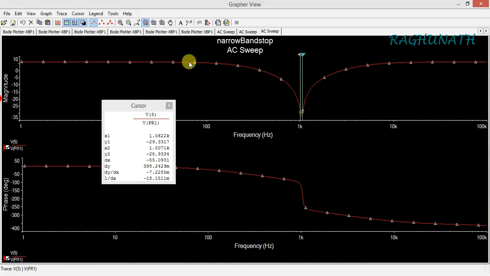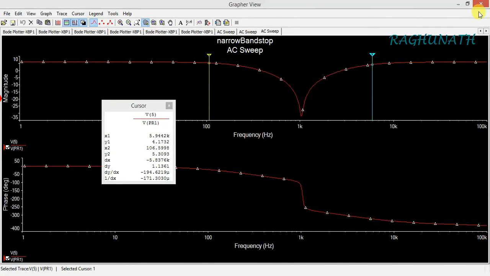Or if you want, you can take 3 dB from this end. So here the gain is you can find out. Here also you can again find out. You see how to check the bandwidth here. So I taken center frequency here from this 3 dB I have taken. Or if you want, you can take according to yours. Here where I am showing, the only thing is here at 1 kilohertz you are getting a sharp attenuation, and the gain is more at the remaining frequencies.